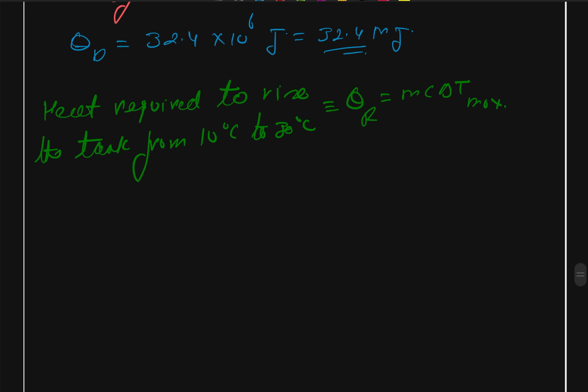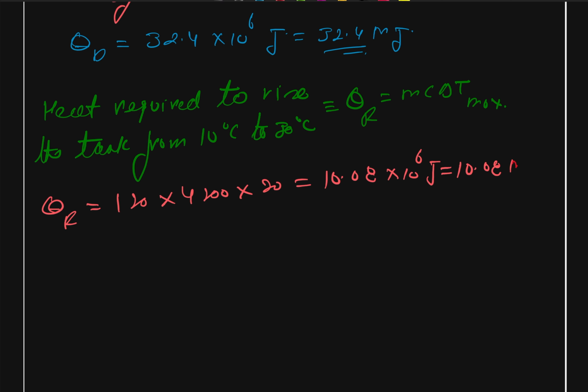So we can say this Q required, QR, will be equal to 120 multiplied by 4200, and the difference is 20 degrees centigrade or 20 Kelvin also. So this will give us 10.08 into 10 to the power 6 joules,